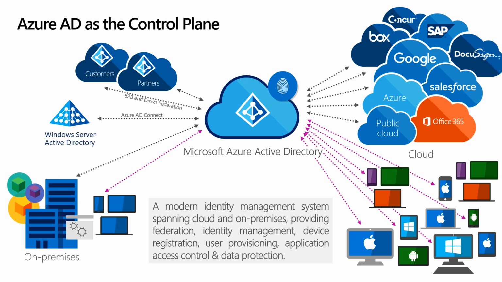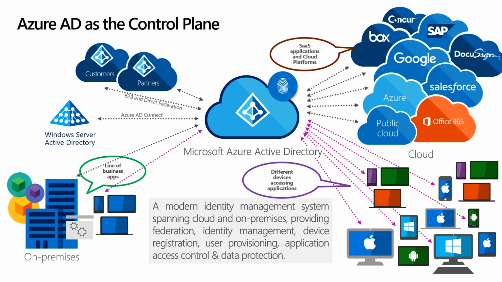On the right-hand side, at the bottom, you can see the different kinds of devices your organization is using. You might have laptops, PCs, iPhones, and all sorts of devices which you want to control, and you want to make sure they are secure and only users with the right set of devices can access. On the top right corner, you can see the different sets of SaaS applications you have, and other clouds, including Google Cloud. So Azure Active Directory fits in the center and acts as the control plane.